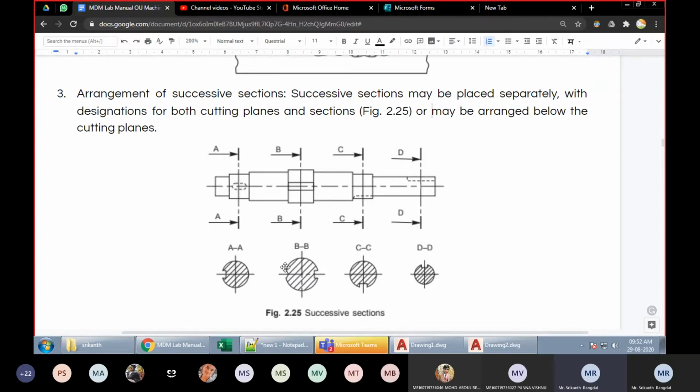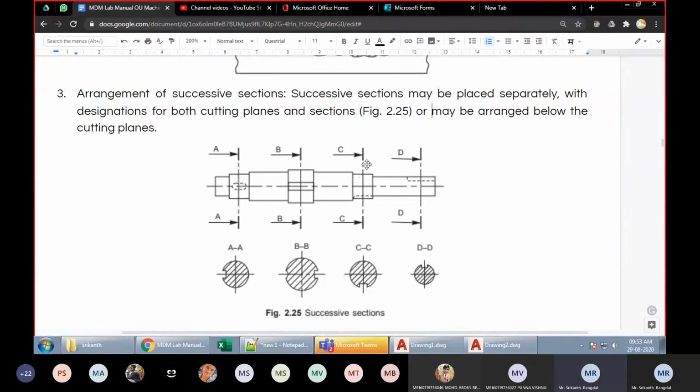Because the edges of both of these overlap exactly, we are seeing only one set of lines here. You cannot see another set of hidden lines for the backside groove. Because this would create a lot of confusion, that is why we have to draw the sectional views like this. Fine. We have to draw the sectional views like this.